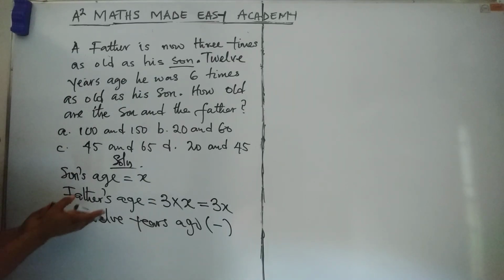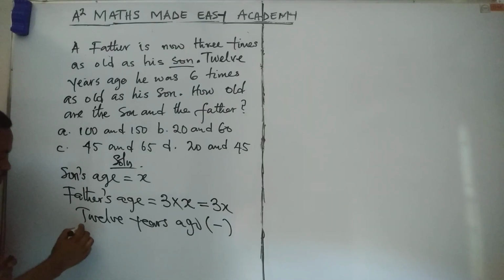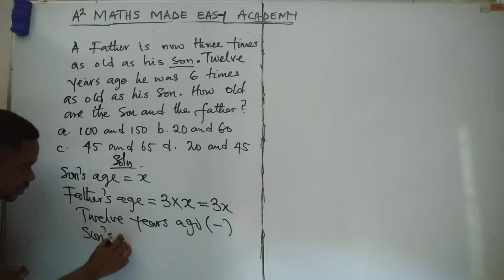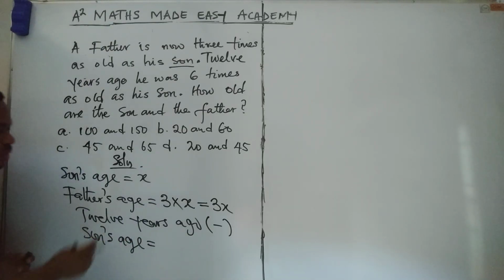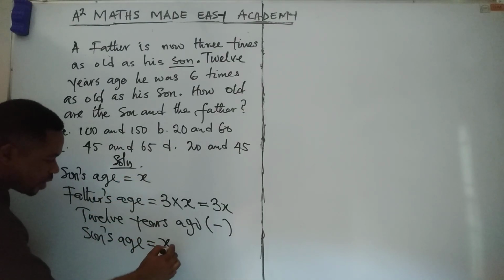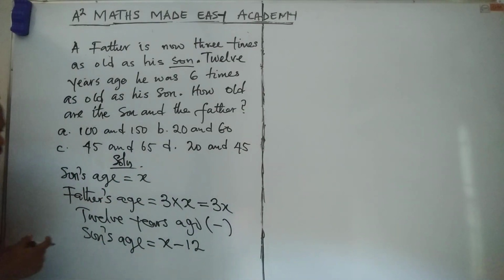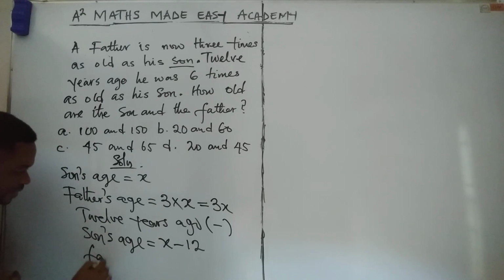First of all, what happens to 12 years ago based on the son's age? The son's age will now be, watch, this X minus 12 years ago, while the father's